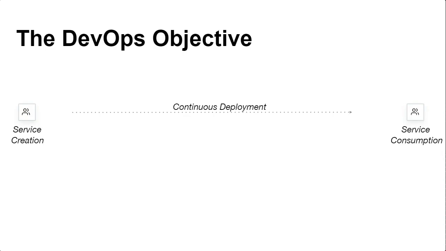So DevOps set out to give us reproducible and reliable patterns for continuous deployment. How can I get this new service generating revenue, improving productivity to the intended consumer of that service, but do it in a way where it's reproducible? I can keep doing it, I can keep deploying it. If anything breaks, I can redeploy it again somewhere else. How can I get operational friction to be a thing of the past?